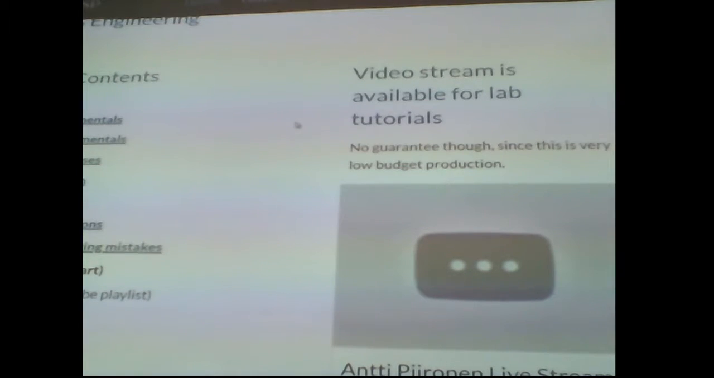Everything is also on video streams. Video streams and video recordings. I keep the same course in the ICT degree program, and I also give parts of this course as a,